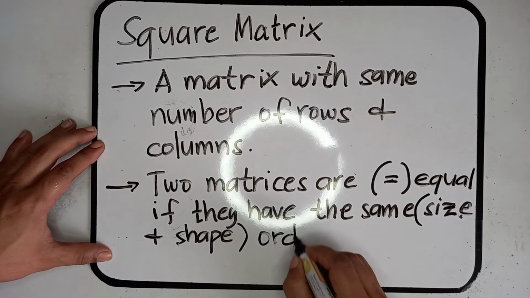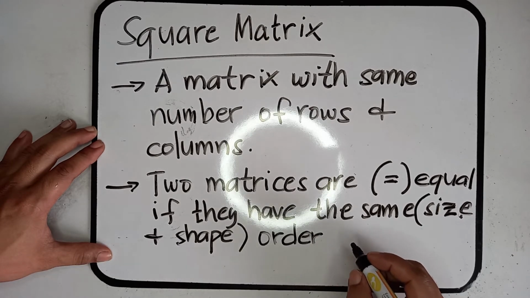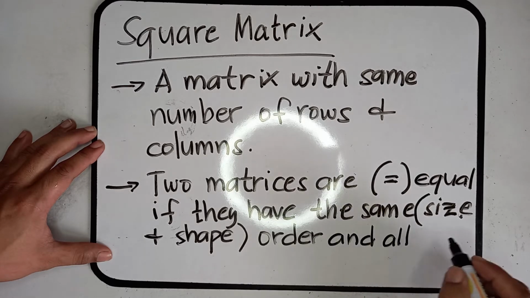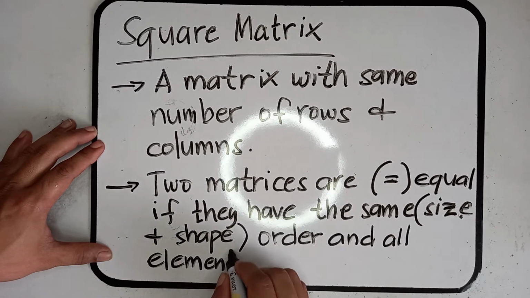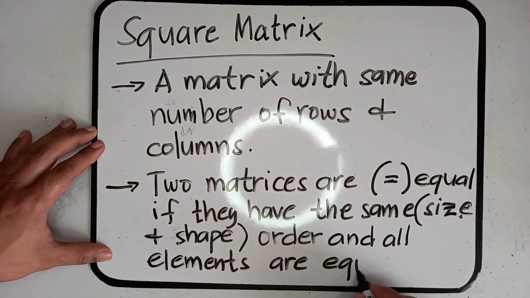So this is what we call the order, and all elements are equal. Okay,